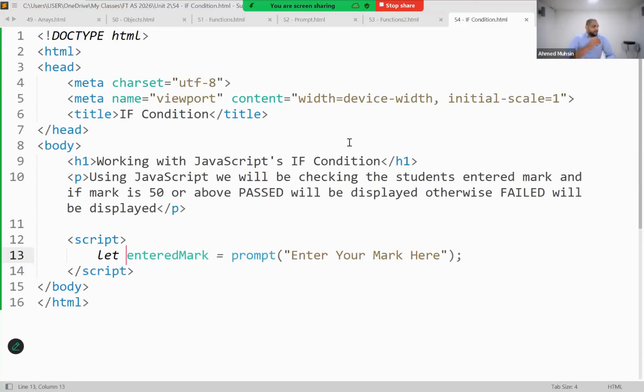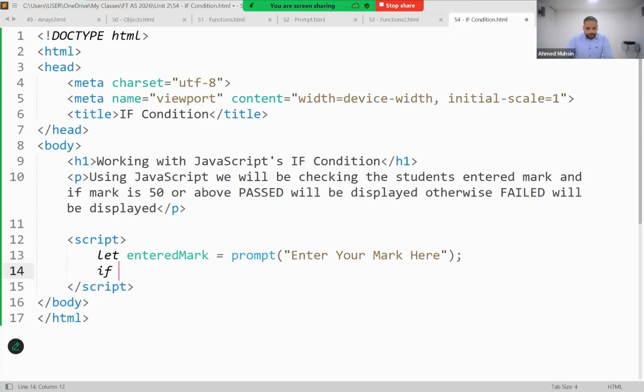Okay. Then everybody, what I'm going to do over here is I'm going to start my if condition now. If is also a function where it can check a value and give you an output. Okay. If is also a function, so there has to be bracket. So now what I'm going to say is